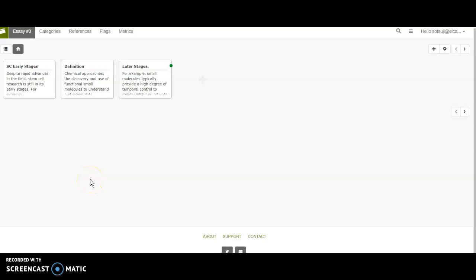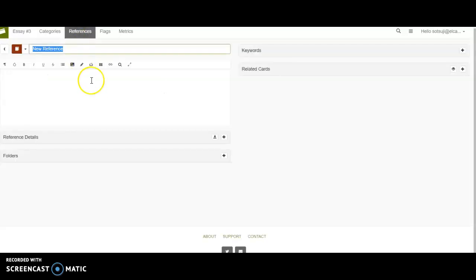Going to show you how to use the Supernote card for your essay number 3 and for your research paper. It's a little bit different because for this one you are going to be using sources that have author's last name and page numbers, and so you are going to want to tag your cards with your sources. So what you have to do is you click on references, okay,